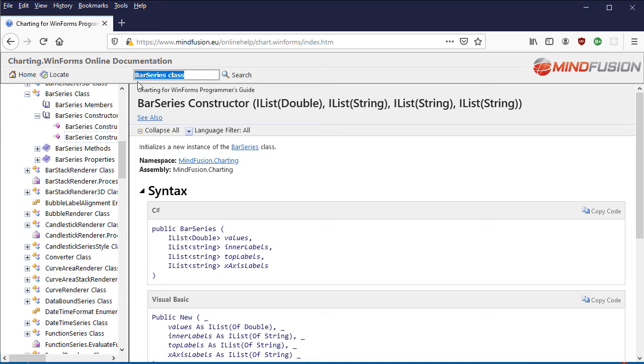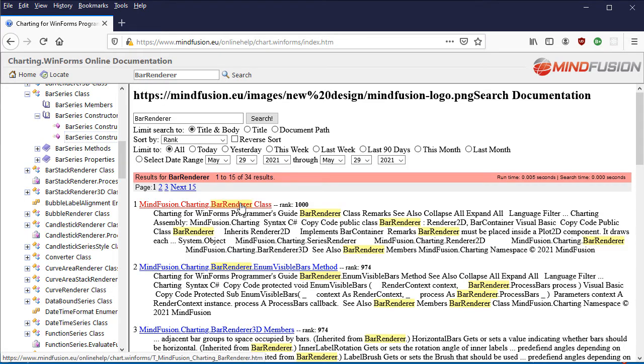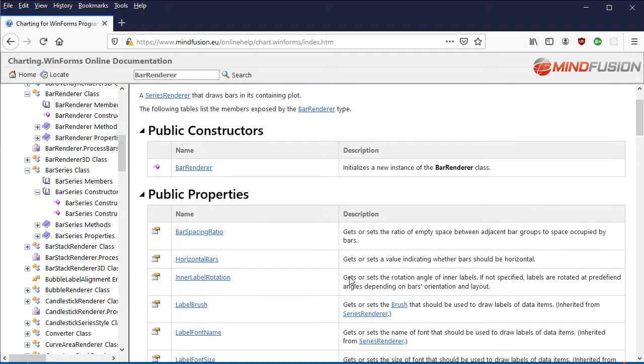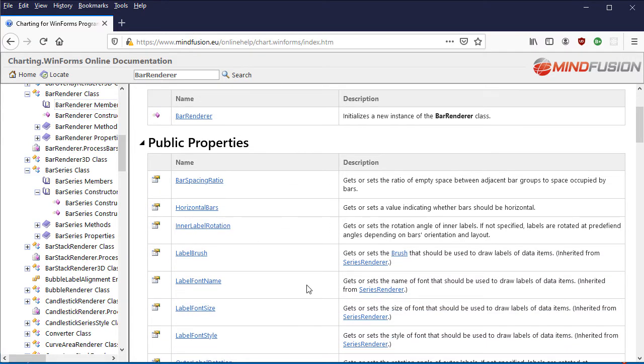Just like an axis requires a renderer, so does a bar series require a renderer to render the data. The bar renderer class takes a collection with series and renders them as bars. The class exposes multiple properties for customizing how the bar chart will look.